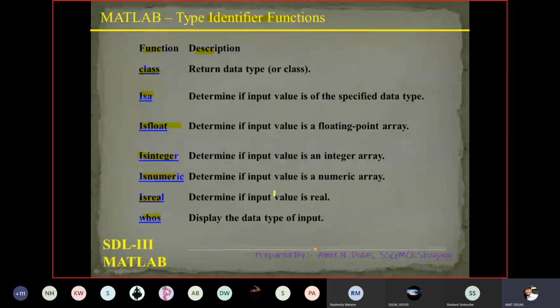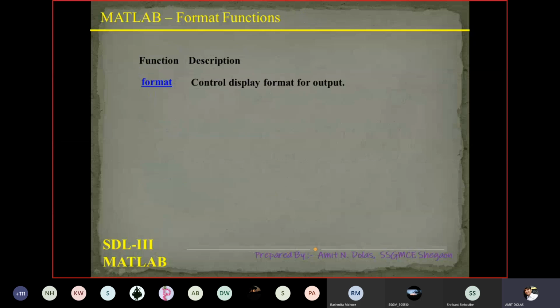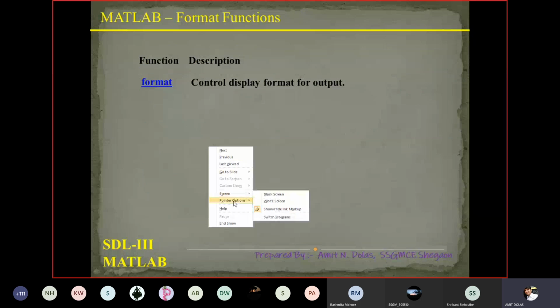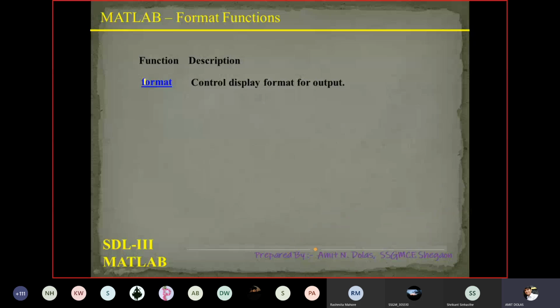We already use this and we know what is the use of this identifier function. This is called the identifier function. And the last is the format function. Format function we have also used in previous lectures. We have changed the formats using the format function. So we will not discuss this here as it is a listed kind of function, and I have to cover all the functions in this PPT because there is a separate point. We'll move back to